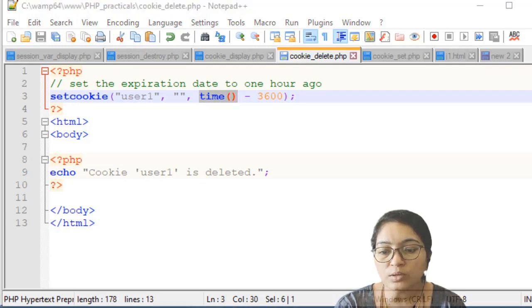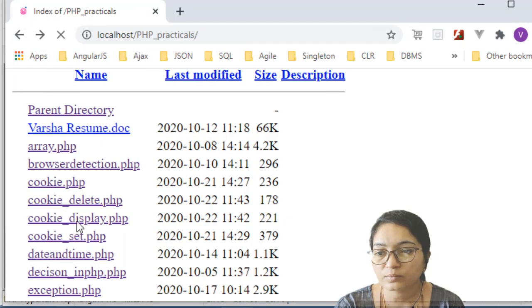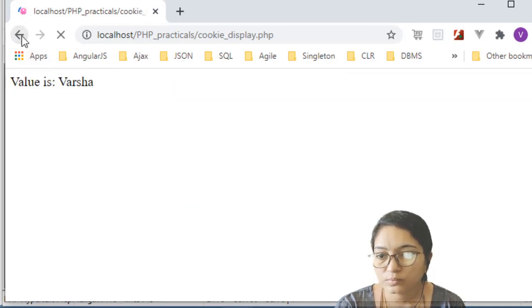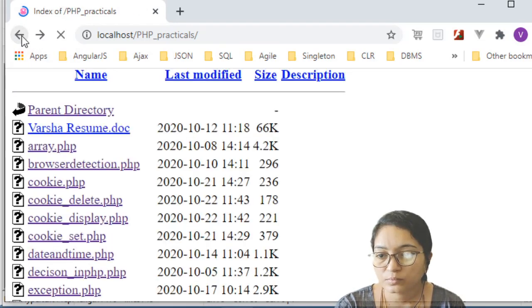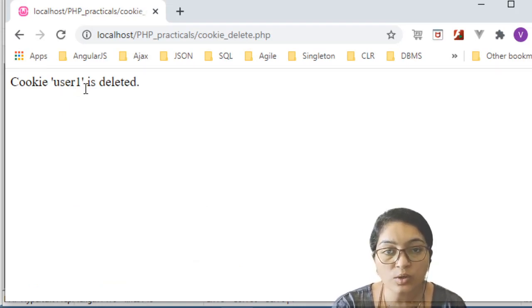So let's execute this. Select the cookie delete, our file name is cookie delete. Here you can see the cookie user1 is deleted now. This way you can create the cookie, display the value, and delete the cookie. Got it?